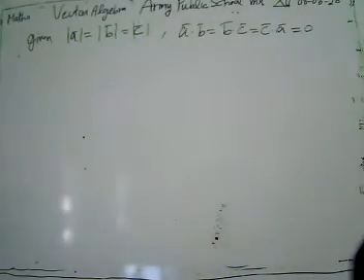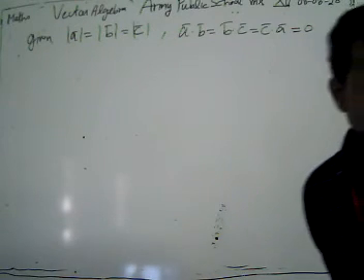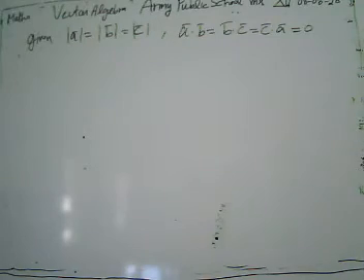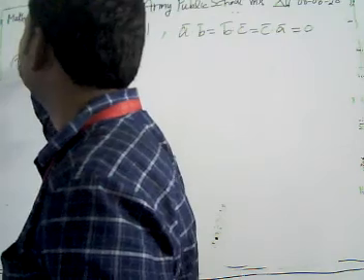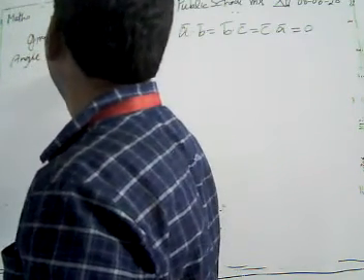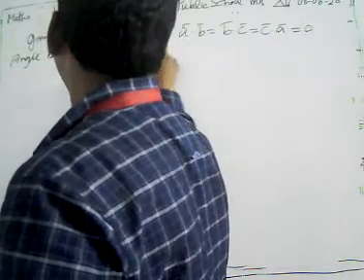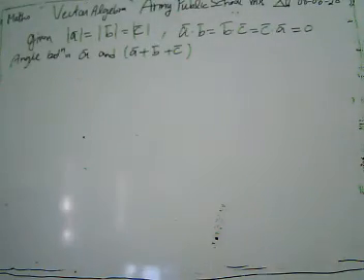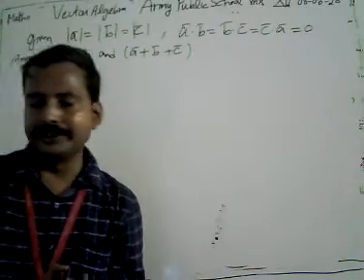Now it's given that we have three mutually perpendicular vectors A, B, and C having equal magnitudes. Then we have to find the angle between vector A and the sum of these three vectors. Again, it's one of our last year's board problems. Such types of problems are asked many times in our board examinations.